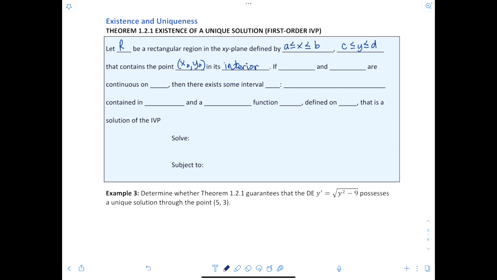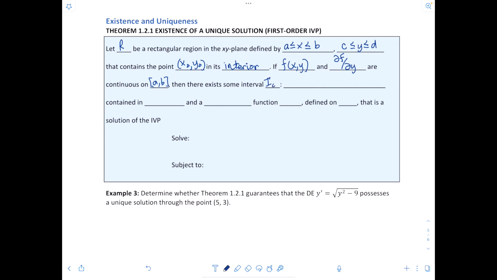If f of x and y and the first partial of f with respect to y are continuous on the closed interval from a to b,